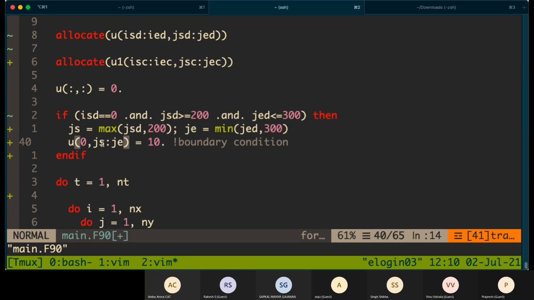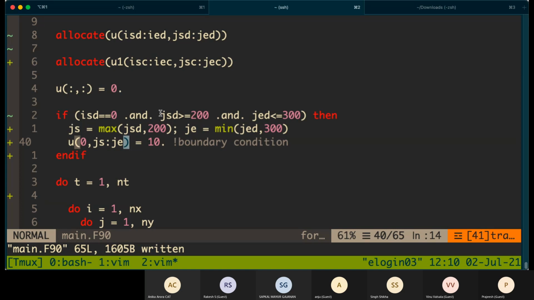I hope this part is clear. If you don't give this condition, what will be the error? Let's say my processor, by decomposition, came with JSD of 200 and JED of 210.